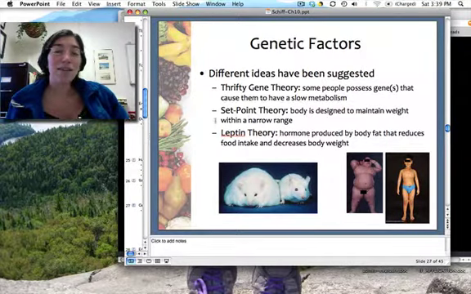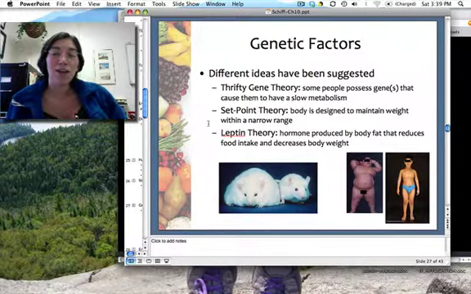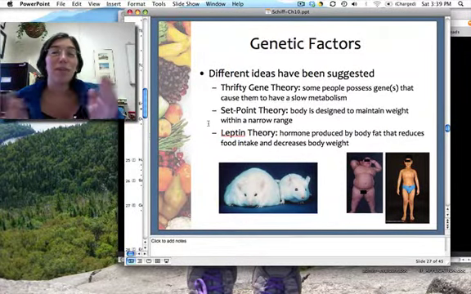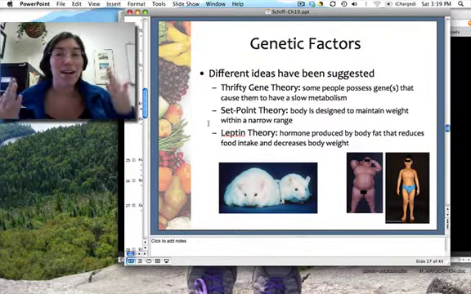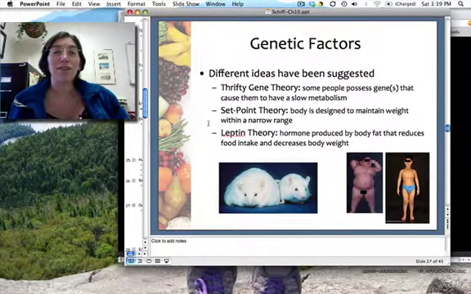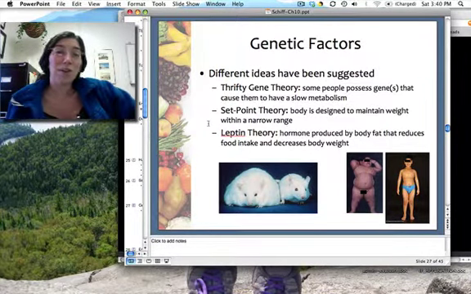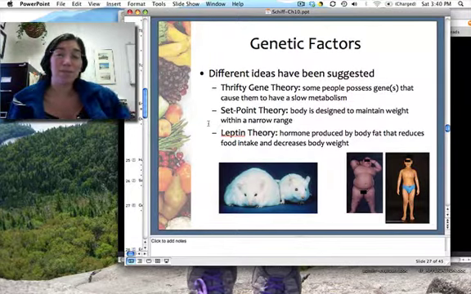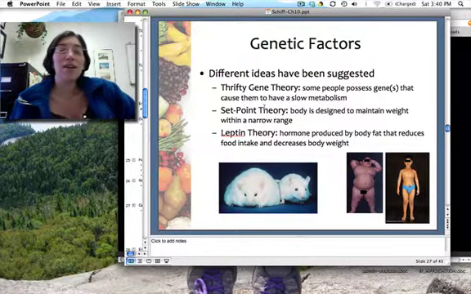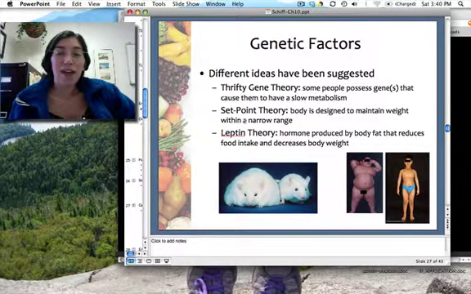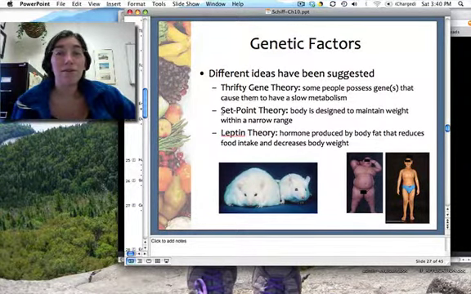The last one is the set point theory. The last genetic concept is the set point theory, that it's encoded in our genes, some sort of range that our body weight is going to be. Just like your eye color and your hair color and your height are all determined by your DNA within some range, it's thought that your body weight is predetermined in some range based on your genetics. And the evidence for this theory is that, for example, if you got a stomach flu and you lost a few pounds,